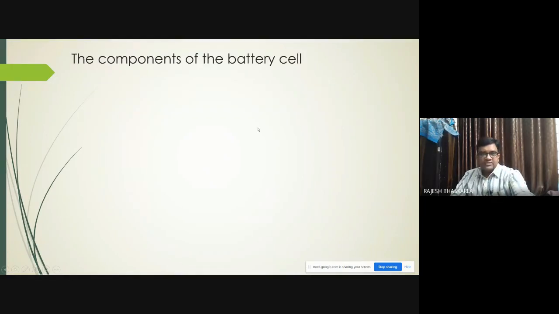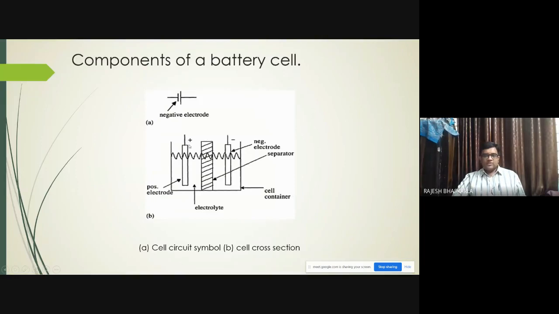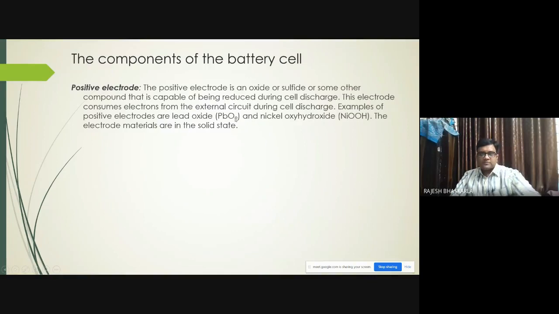Here, reduces means that at the positive electrode, generally the oxide material will be lead oxide. This lead oxide will form lead SO4. This process is called reduction. The process of this lead oxide combining with other materials is called reduction. So reduction happens in the lead oxide material, because it reacts with the sulfuric acid. So you have to remember that in a positive electrode, reduction happens.